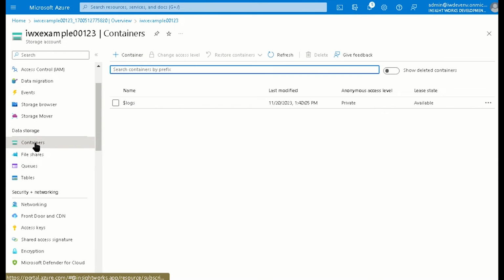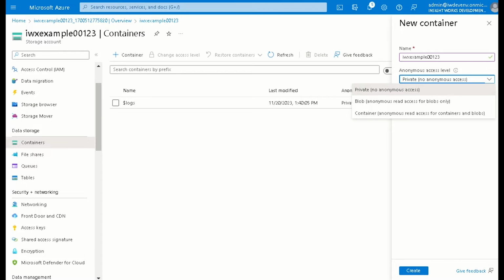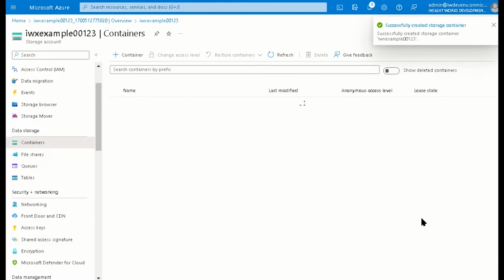So we're going to navigate to our container, create a new container. And if you want, you can give it the same name, but this can have a different name. And again, if you're following along, this container is not going to exist at the end of this video, so you're not going to be able to use this exact container name. In here, we're going to choose that we have container access, and if you want, you can also choose the blob access. So we're going to create that.